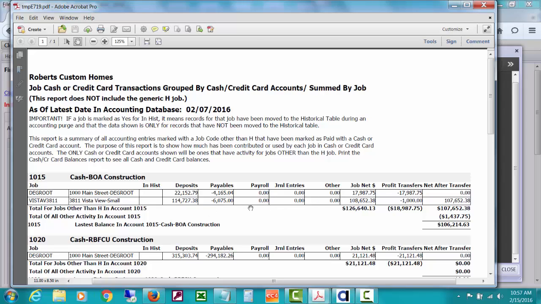And we transferred it out to our overhead checking. So for Vista View, we have $107,653 in this account contributed by this Vista View. So that can be very interesting for how much, and making sure you're not crossing over or pulling some out